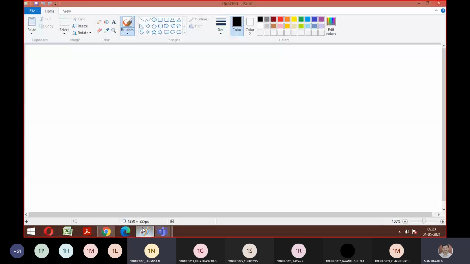Just a second, I'll go back to Paint. Is this Paint visible? Yes, sir. Okay. See, these points depend upon the question. Assume the question is given with respect to zero point 0.5, zero point 1. Then we have to consider it. Generally it is 0 to 1, or 0, 1, 2, if the signal is occurring from 0 to 2. If we do the compression technique, usually we divide, so we get 0.5 and 1. So no need to consider it in detail. They won't ask you to put an exact scale here. Whatever the amplitude is mentioned, if you consider compression or expansion for that amplitude, that is enough.